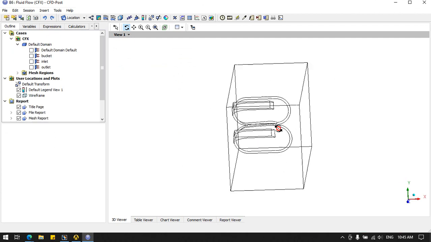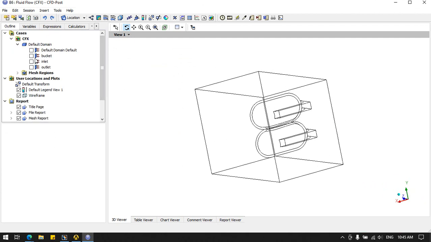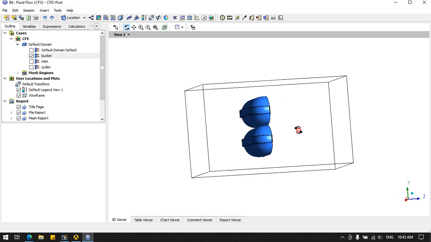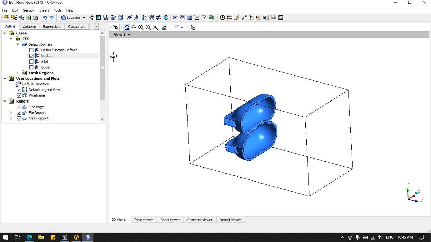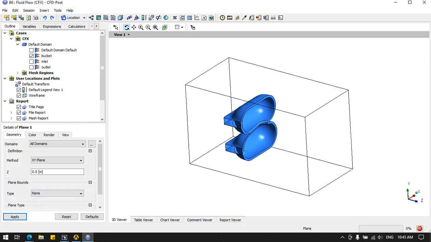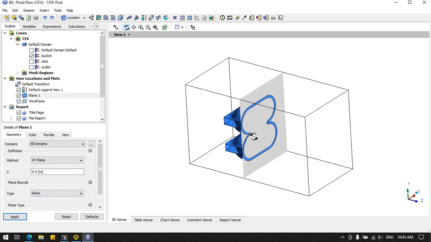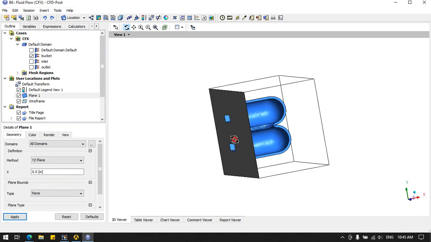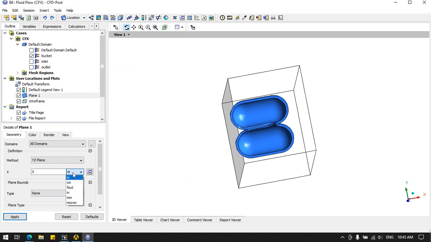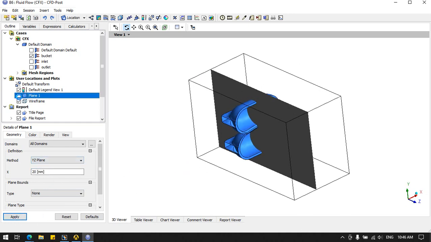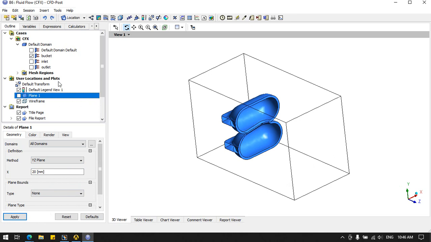Okay, I want to create one plane so that I can see the results. In the bucket, let me create a plane, apply, so that we can see the plane here, but it's coming like this. I don't want it like this. Change to a different plane. Here it is coming, okay, but I want exactly here. Just specify the units, half of the body, so that we can see the center. Once it is done, just deactivate it, don't delete.